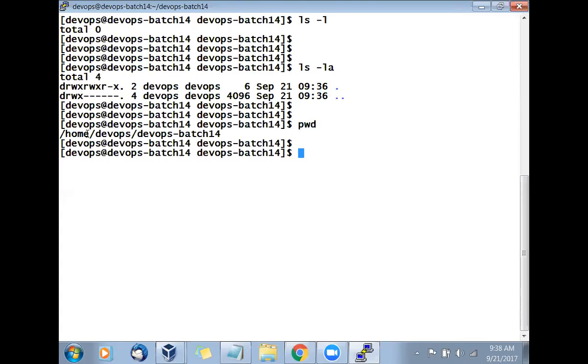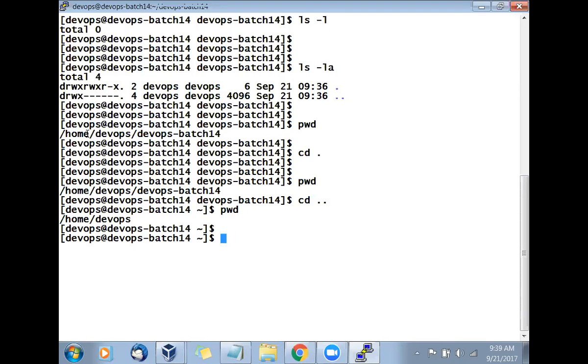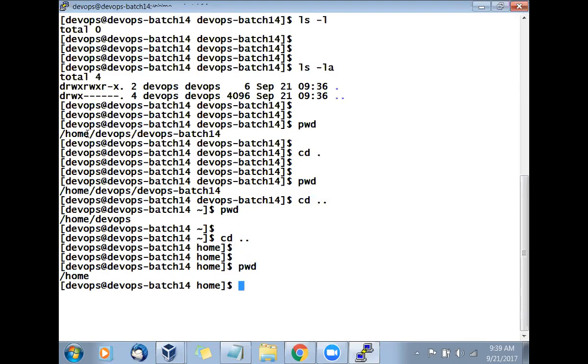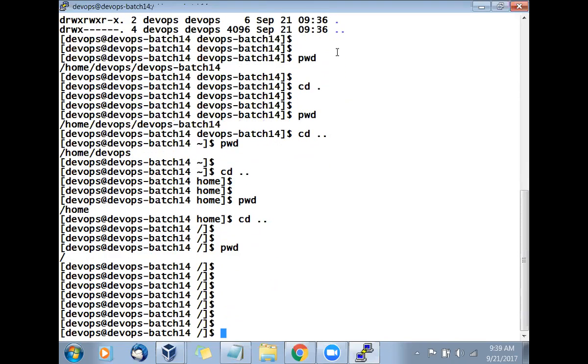Let's say I want to go to the root. So I'll say cd dot dot, and I will go up, three directories back, two directories back, or something like that. I want to go to the current directory. How will I go? cd dot. Of course, I am in the current directory. There is no use of this command because I am already in that directory, but I can do that. I can say cd dot, still I will be in the same directory. But if I say cd space dot dot, I will go directly back. Now, which directory are we in? DevOps. If I say cd dot dot, which directory are we in? Home. cd dot dot, which directory are we in? Root directory. I'm not sure you are able to see that.